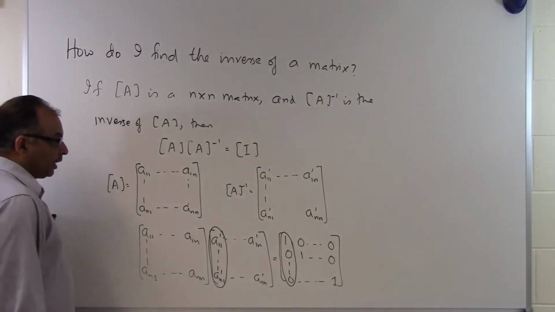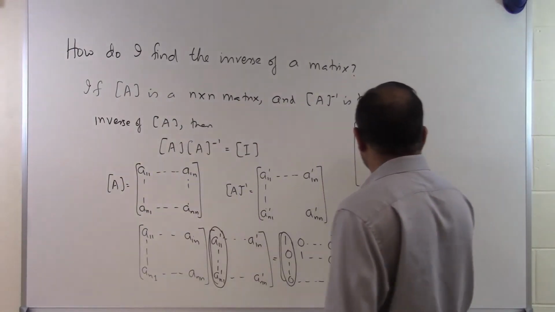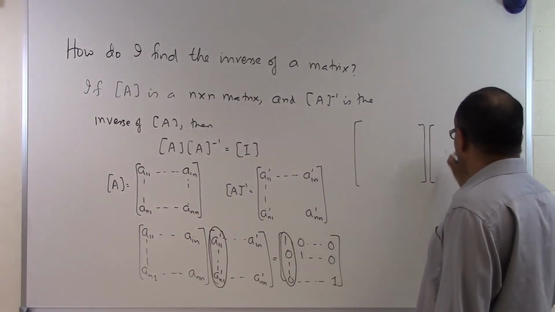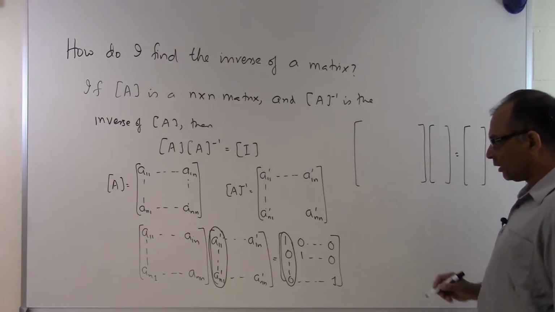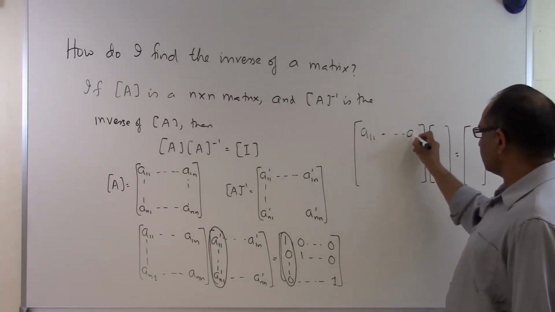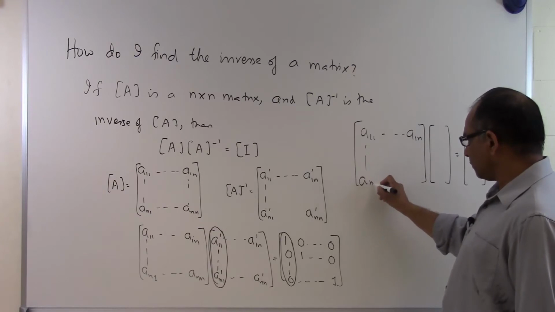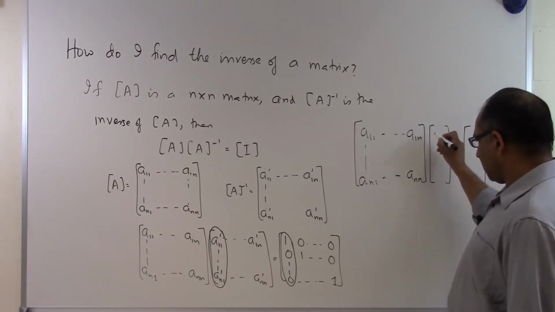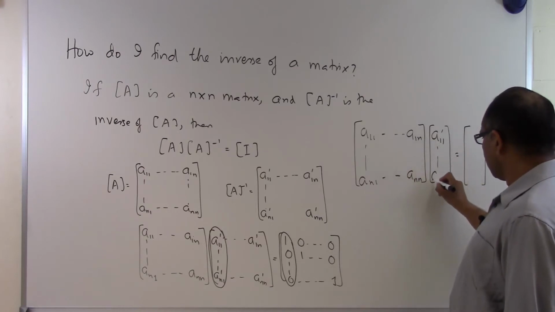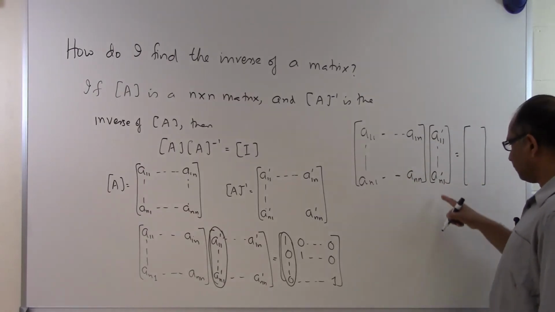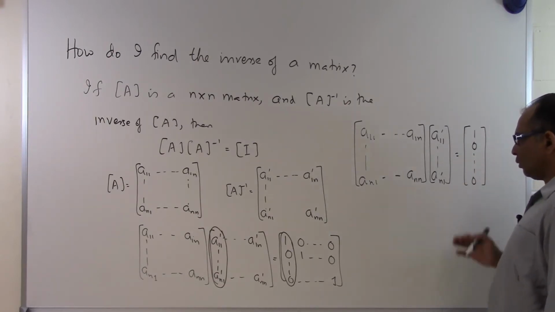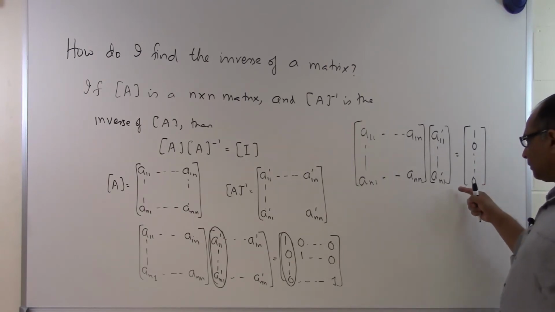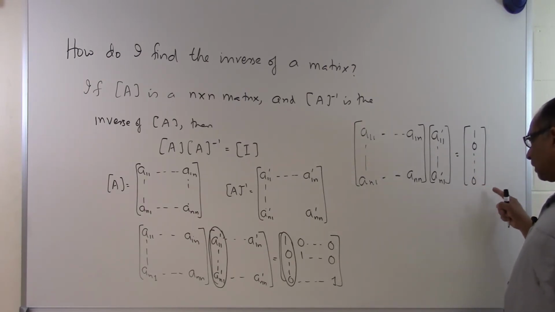So if I now write down only the first column of the inverse matrix, then I'll only get a column matrix on the right side also. So if this is A11 going to A1n, and this is an1 and that's ann, I'll write this as A11 prime all the way up to an1 prime. So that's my first column of the inverse of the matrix. Then this one will be just 1, 0, 0, 0, 0. So in order to find the first column of the inverse of the matrix, I'll have to solve n equations in n unknowns, which will be of this particular matrix form.